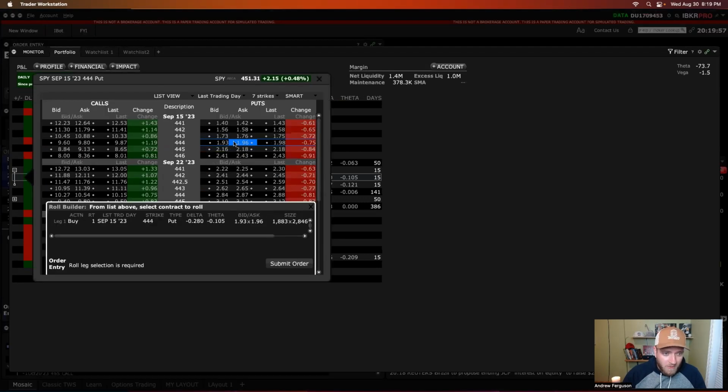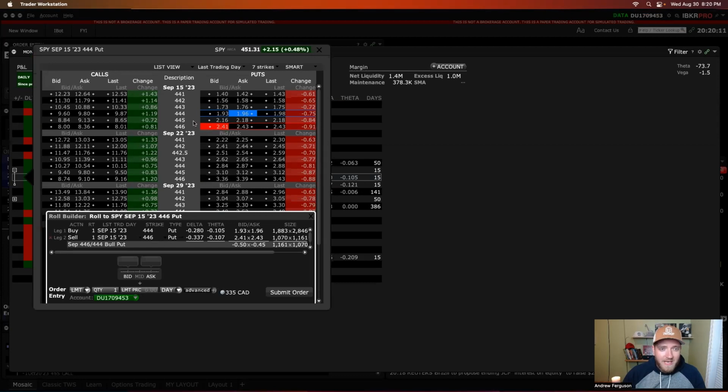When you're rolling, you would close down the 444 strike, and you'd have to get a little bit closer to the money in order to make this happen and keep it as a short strangle. If you want to do this, you could click the 446 and roll to there. If you were to do that, then you'd be closing down the 444. You'd be taking a little bit of a capital loss on that. You could then tighten up your strangle by then selling the 446, offsetting a little bit of the loss in premium and taking in another 241 in total premium for the trade, which would hopefully help balance out a little bit, but your spread is a little bit tighter now, so it's going to be a little bit more